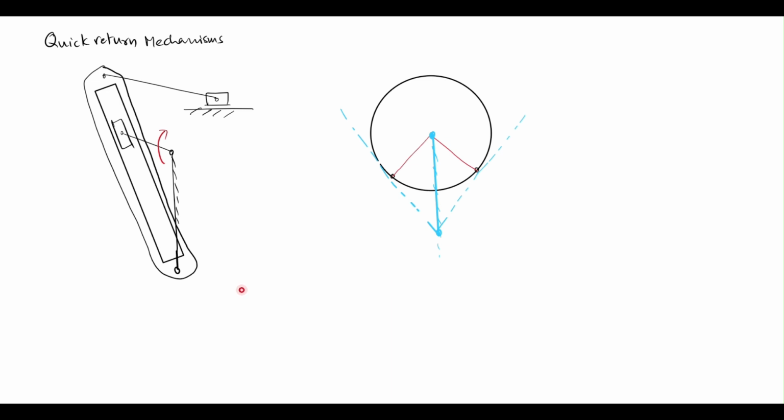The forward and return strokes, meaning in the crank rocker, this crank going from this extreme to the other extreme, this extreme to this extreme, meaning going from this position all the way to this position and then coming back from this position to this position. So each of these strokes was taking an equal amount of time for a given constant input